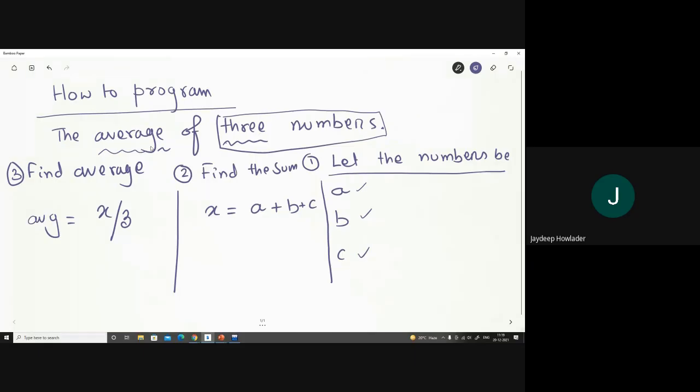Okay. Then number 2 and number 3 are basically the steps that we have to perform, because I don't have an operation for the average, so I am doing the summation. There is another variable x, okay, and x is now accumulating the values of A, B, and C. Okay, so this is basically the add operation. Okay, and then this one is called the assignment operation.